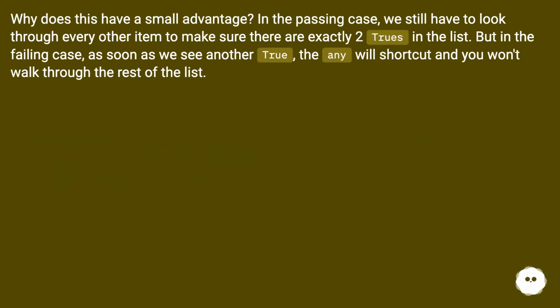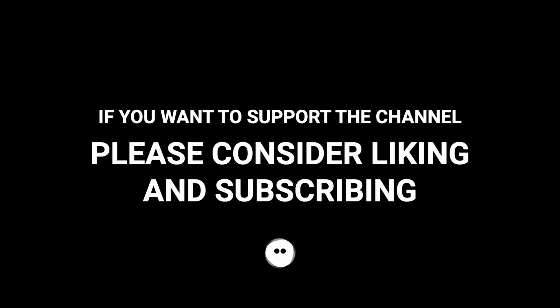Why does this have a small advantage? In the passing case, we still have to look through every other item to make sure there are exactly 2 trues in the list. But in the failing case, as soon as we see another true, the any will shortcut and you won't walk through the rest of the list. If you want